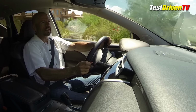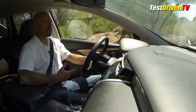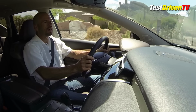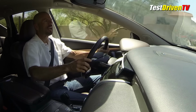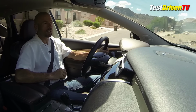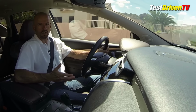This V6 engine, I think really the biggest thing it brings to the game here is the smooth, silky luxury feel that really plays into this vehicle, because at 260 horsepower, while it's certainly no slouch, it really doesn't offer the kind of power you might get with some of the competitors' V6s that are pushing up into the 300 horsepower range. And with the CVT here, you don't really get that sort of enthusiastic feedback that you'd normally expect from a regular transmission. So this is really all about a nice, smooth, silky driving experience that, well, a four-cylinder could never even begin